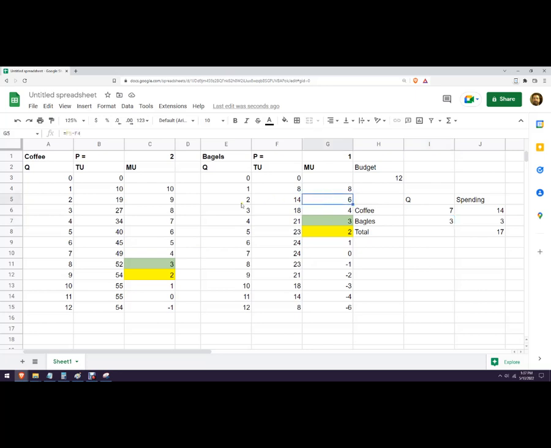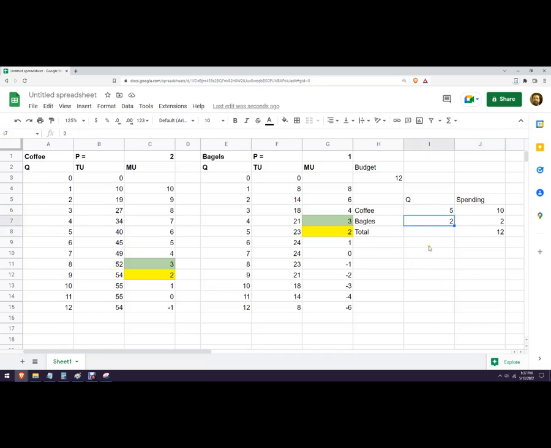Let's try 6 and 6. So 6 and 6 is 2 bagels and 5 coffees. That's my kind of person right there. All right. Anyway, that's $12. Okay, so that worked out. That's the answer. So the answer to this question is she maximizes her utility when she buys 5 coffees and